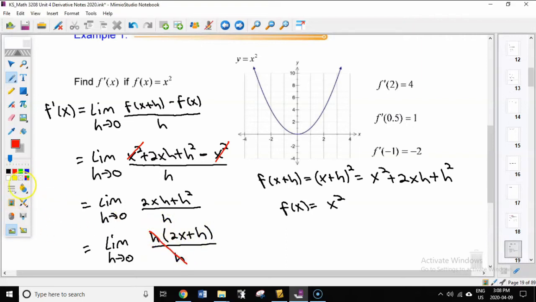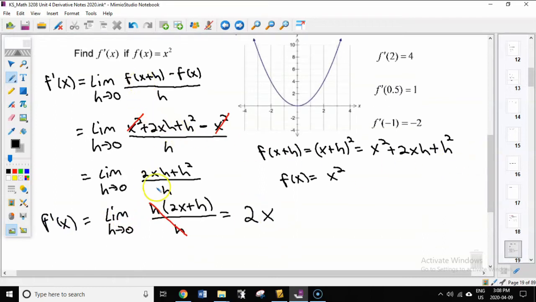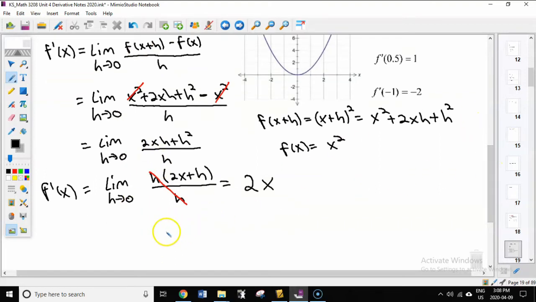They cancel out, and h approaches 0, so we can put in our 0 here for h, which means the derivative of x squared is 2x. So rather than having to do this every time, now we know that anywhere on the graph,